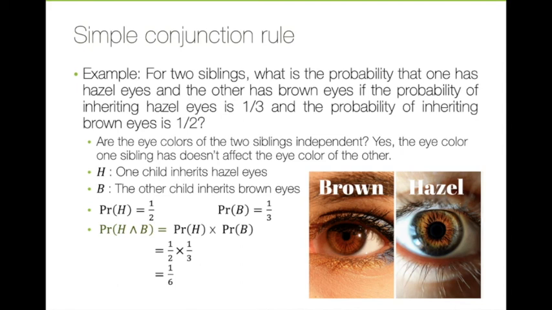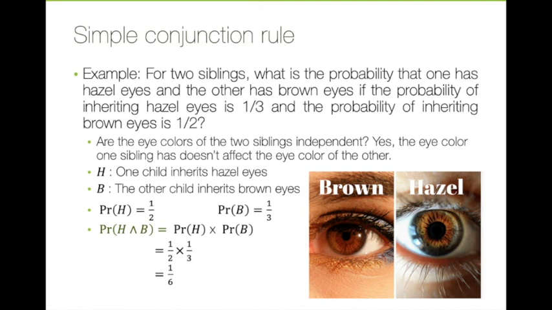Well, we've already looked at this. Eye color of one child doesn't affect the eye color of another child. Eye colors are independent. And since they are, we can use our simple conjunction rule to determine the probability of both of these statements being true together. So H is one child inherits hazel eyes, B is the other child inherits brown eyes. Since we know those are independent, we can use the probabilities of those simple statements to determine the probability of the